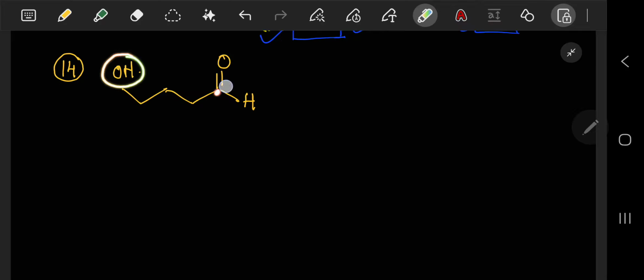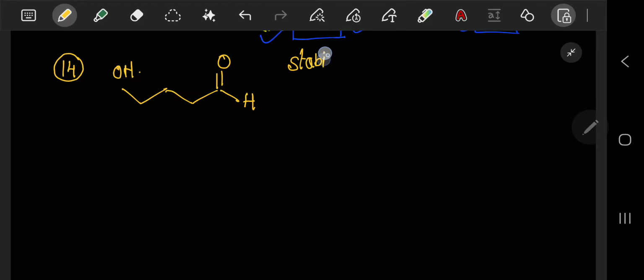Question number 14. Now, will there be any reaction in between this? यहाँ पे आपको देखना पड़ेगा कि इन द प्रीवियस केस क्या था, एक इलेक्ट्रोफिलिक सेंटर था, एक न्यूक्लियोफिलिक सेंटर था. लेकिन इसमें क्या है, एक ही में दोनों हैं. One is electrophilic center as well as nucleophilic center are present both in a particular same substrate. सो दैट्स वाई यहाँ पे आपको क्या देखना पड़ेगा, स्टेबिलिटी ऑफ द